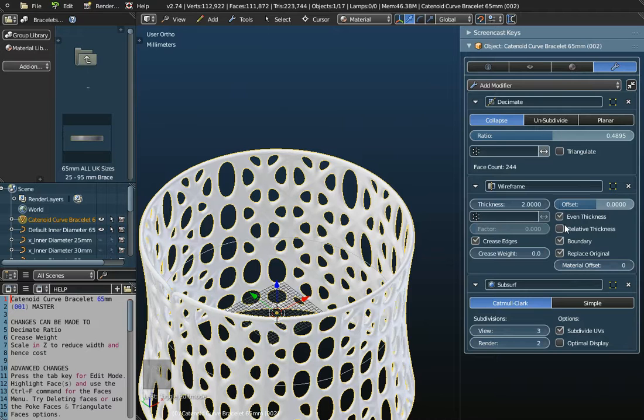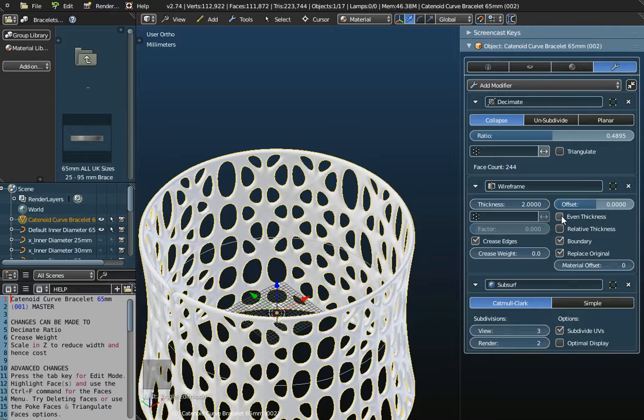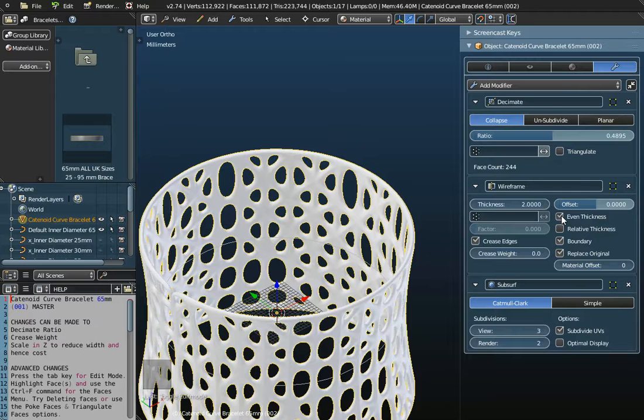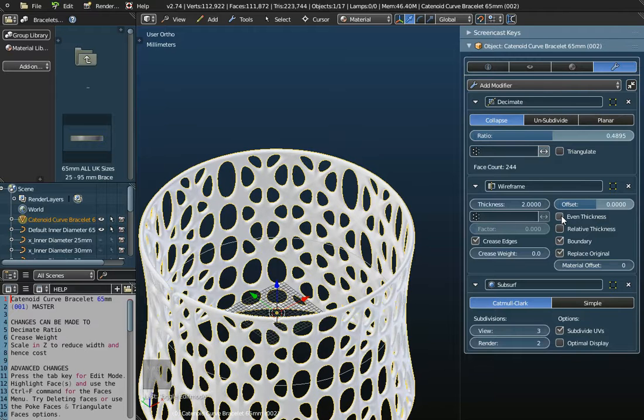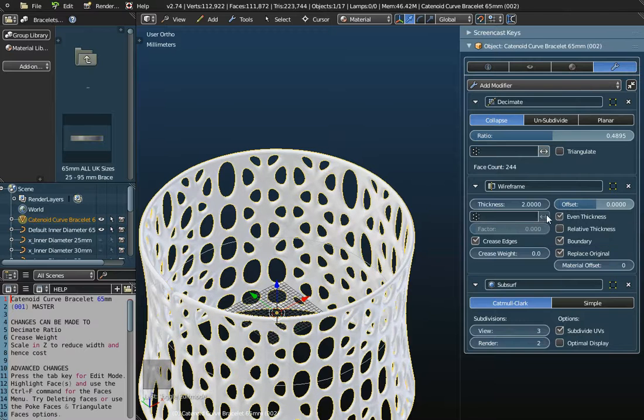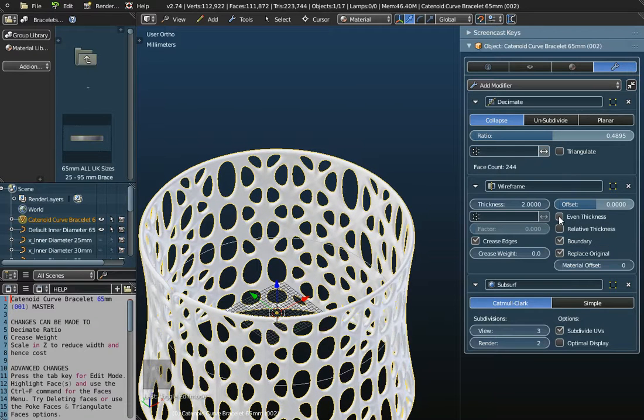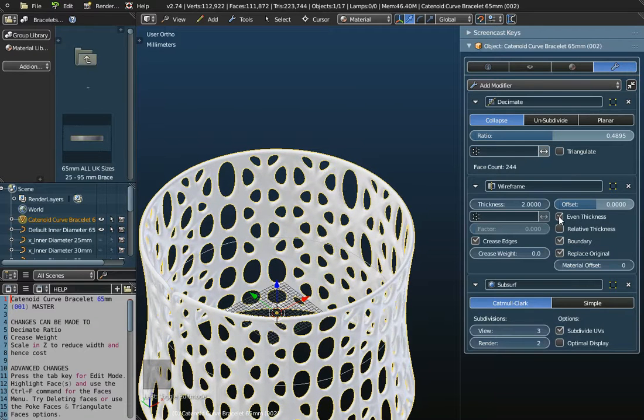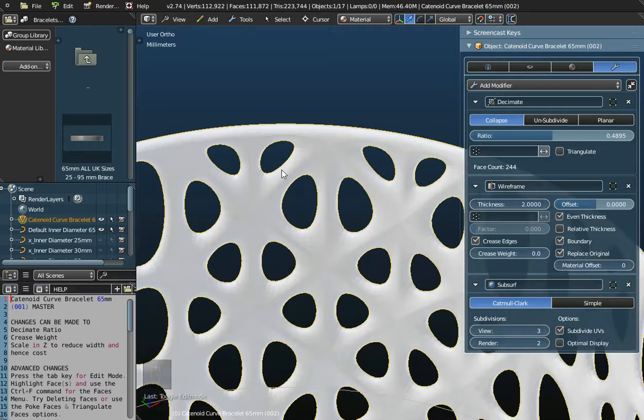Now these top two boxes here for relative thickness and even thickness, sometimes you want them ticked and sometimes you don't. It does depend on other settings like the thickness factor, for example. So you can see with an even thickness it is thickening up the object,